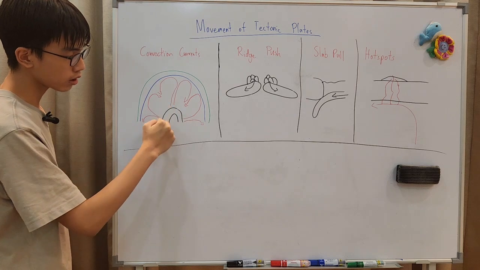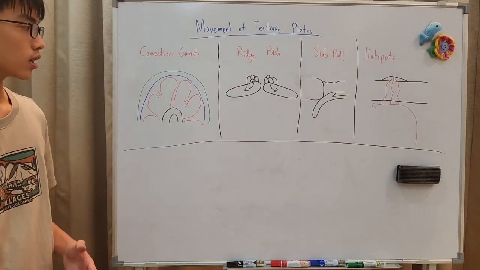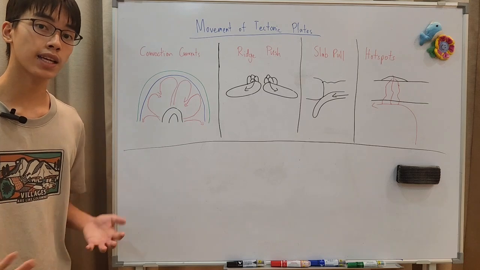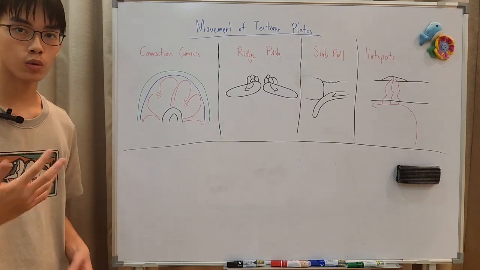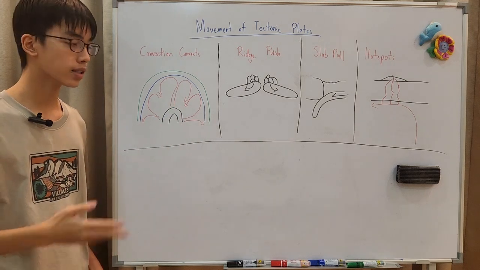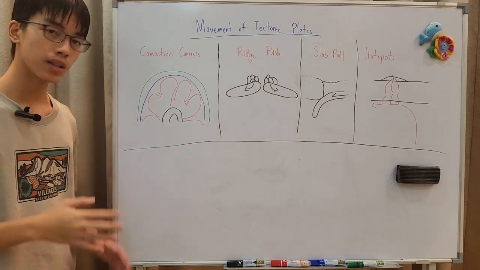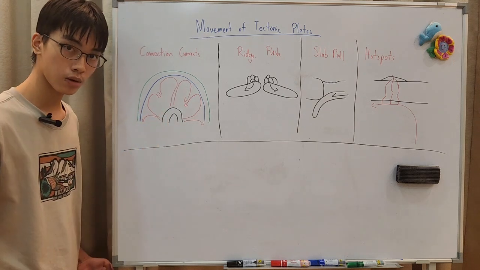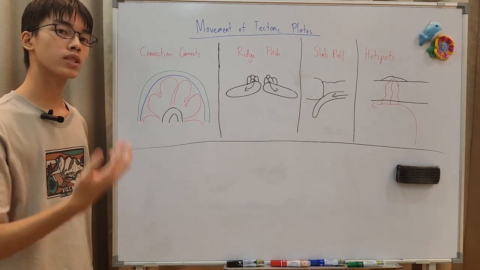So the material near the core will start to rise because the hotter the materials are, the further apart they are, so they're less dense and they want to rise relative to other materials in the mantle. As they rise, they begin to cool down because they're further away from the heat source, and they want to sink, but they're getting pushed up by the rising magma below them, so they don't sink yet until